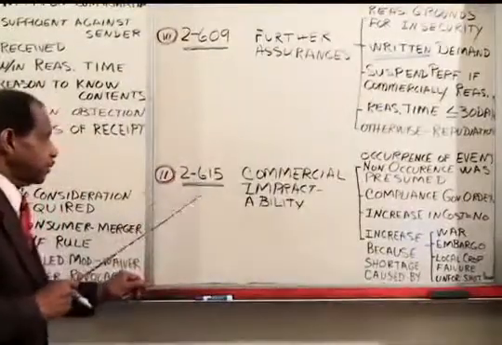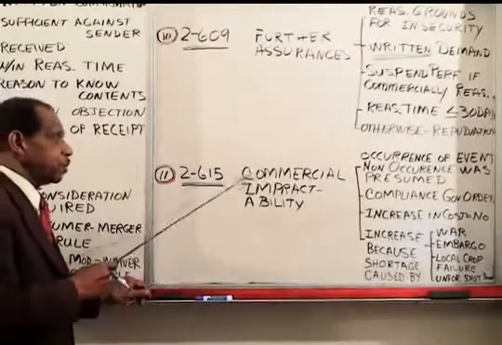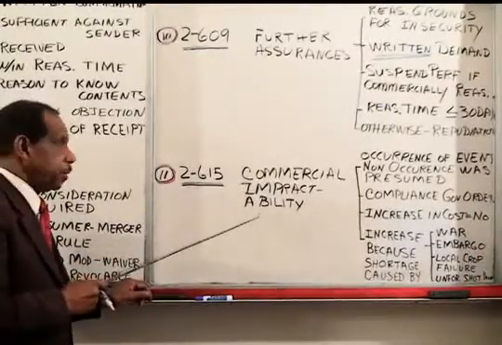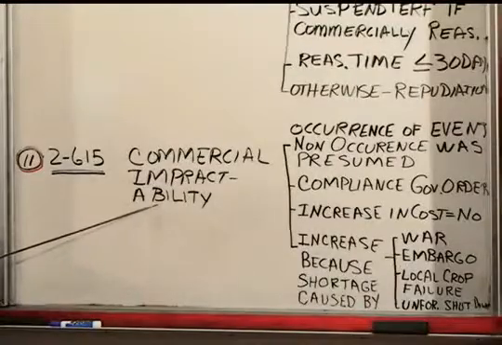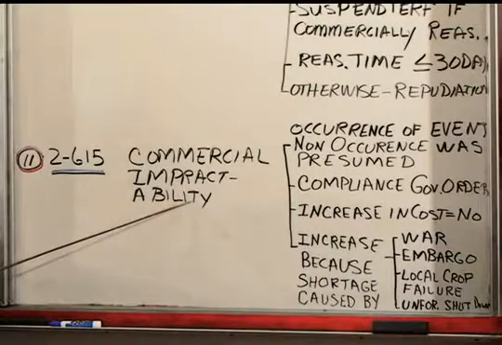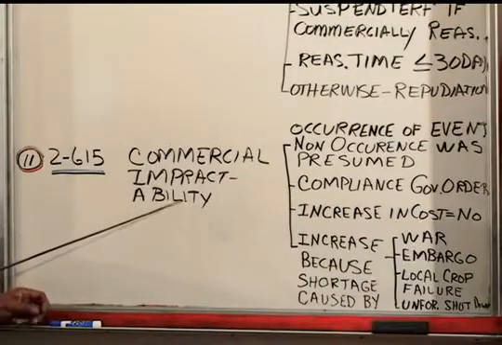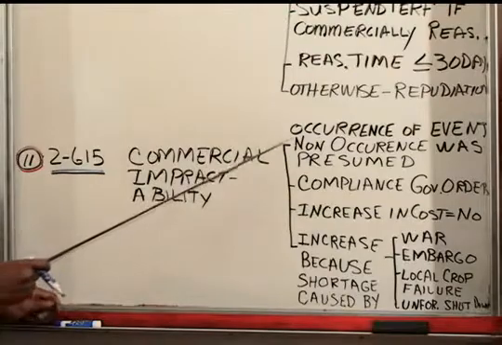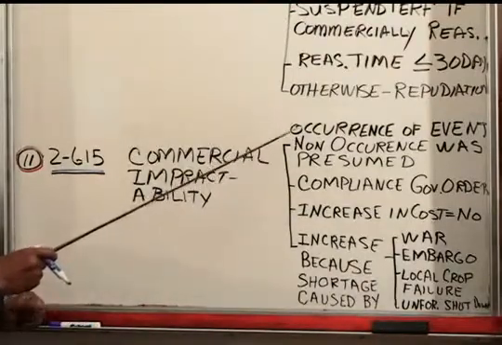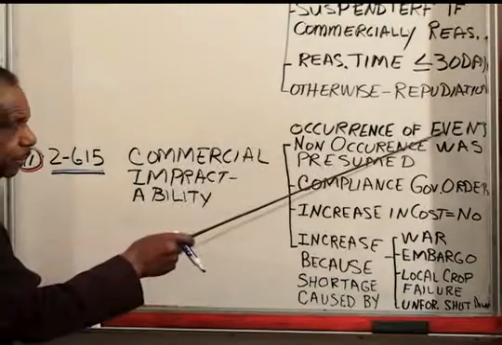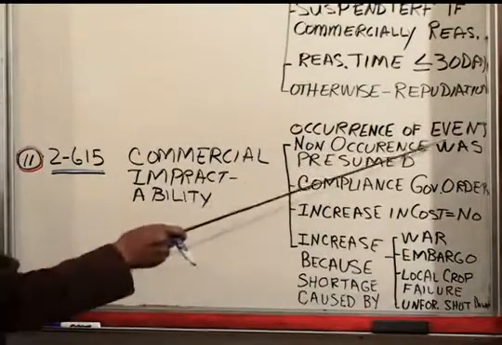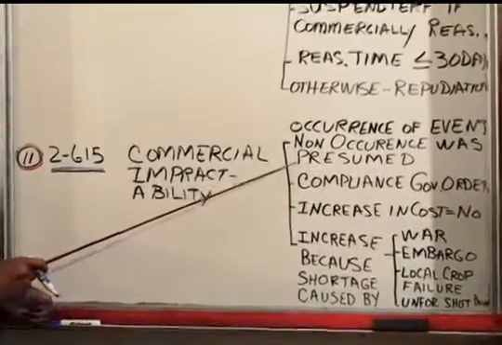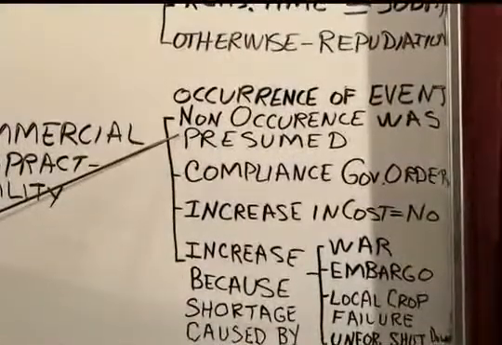Then comes 2-615. 2-615 is the commercial impracticability in the UCC. It's not called that, but that's what it is. And what it says is that there are some circumstances where it is commercially impracticable to perform, and your duty to perform will be discharged by commercial impracticability. And when do you have that? Well, right here out of the UCC it says, when you have the occurrence of an event, the non-occurrence of which was presumed by the parties, that may create commercial impracticability if,